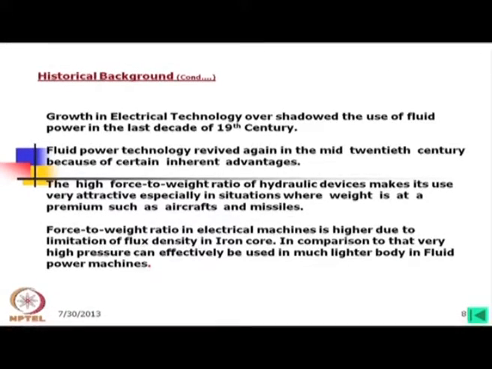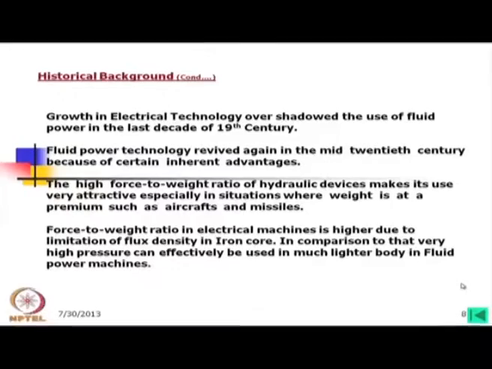Force to weight ratio in electrical machines is higher due to limitation of flux density in the iron core. If we would like to generate more torque, we have to increase the flux density in the iron core, but it has its own limitations. So, if we consider flux density versus weight, that can be compared to force to weight in the case of hydraulic machines. In comparison to that, very high pressure can effectively be used in a much lighter body in fluid